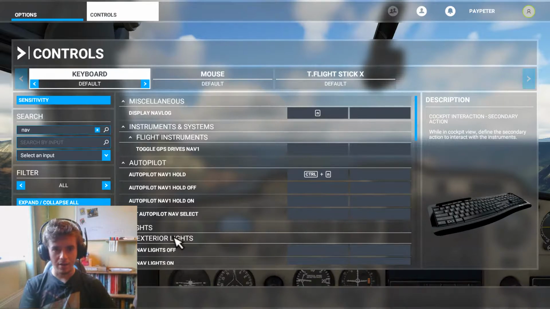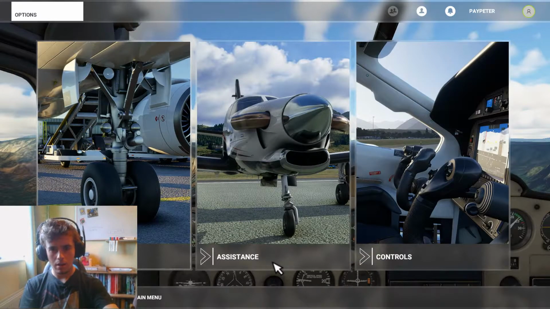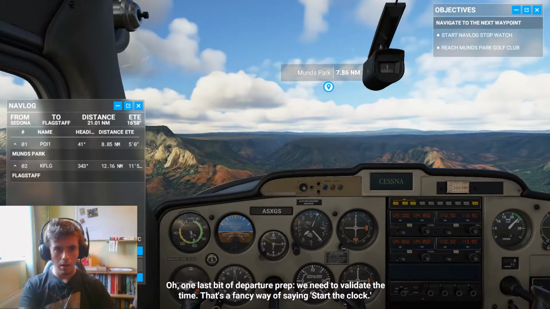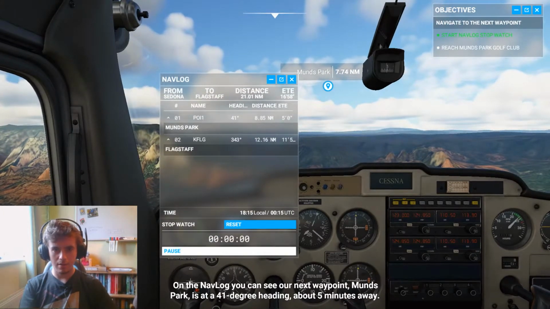Okay, it's N. Okay. Okay, so here it is. Start. On the nav log, you can see